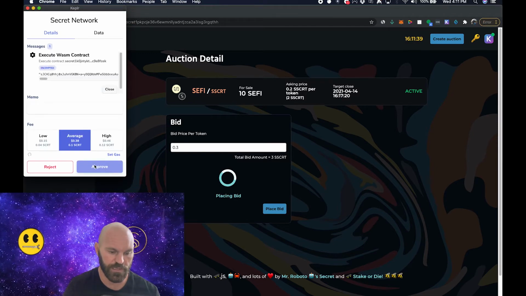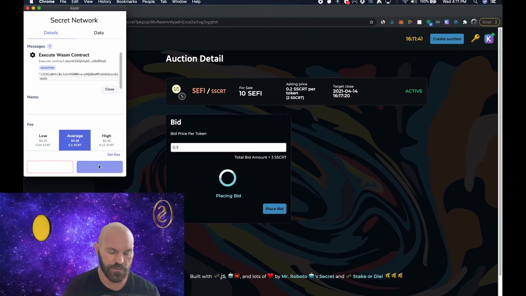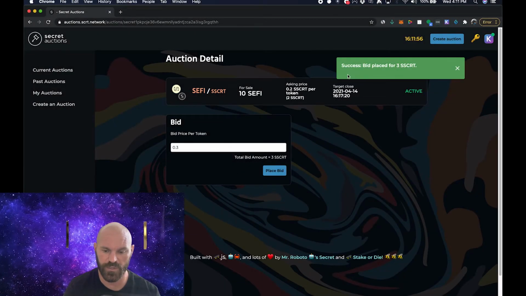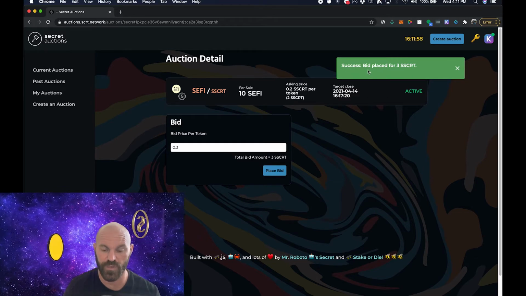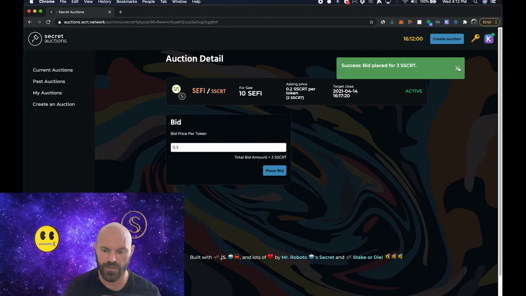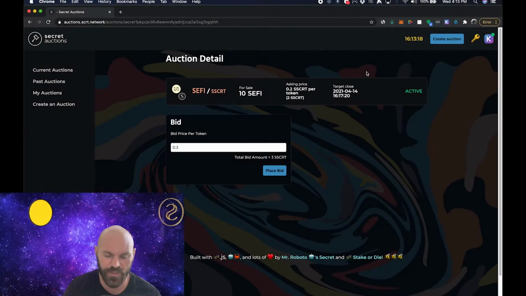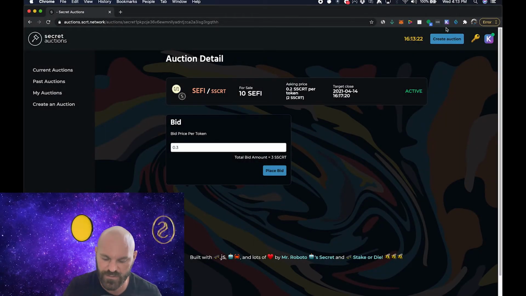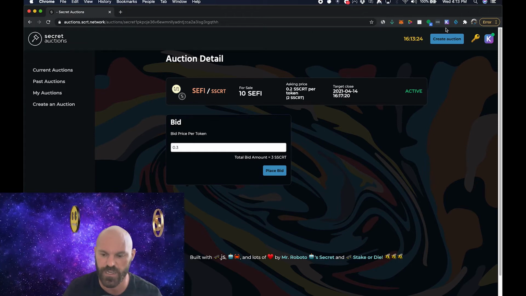And approve that transaction. All right, and it tells me I successfully placed a bid for 3 secret. All right, so it looks like that bid went through, guys. I'm going to switch wallets back to the original auction creation wallet,